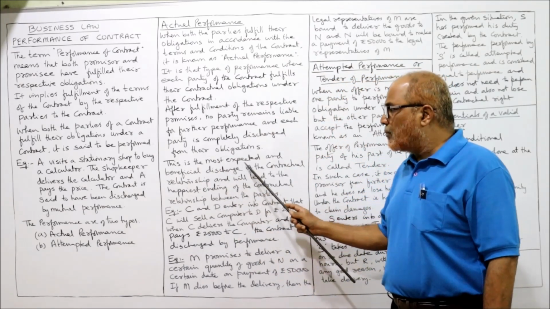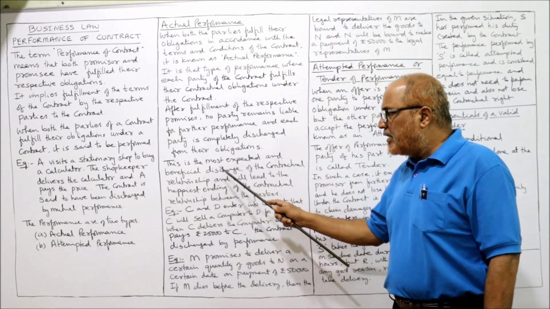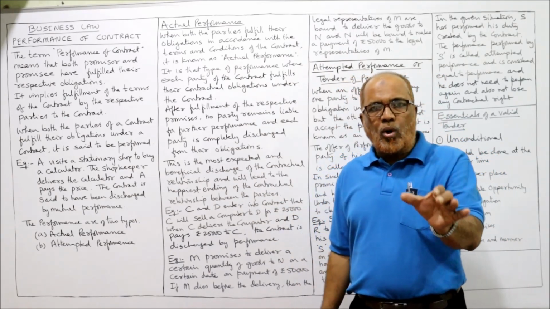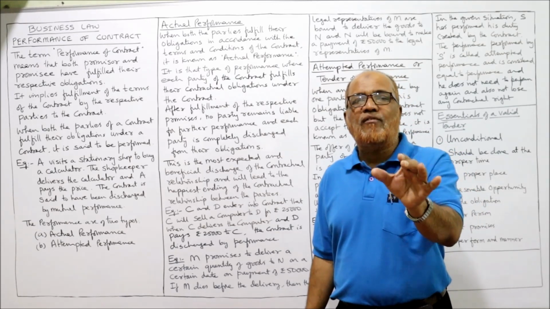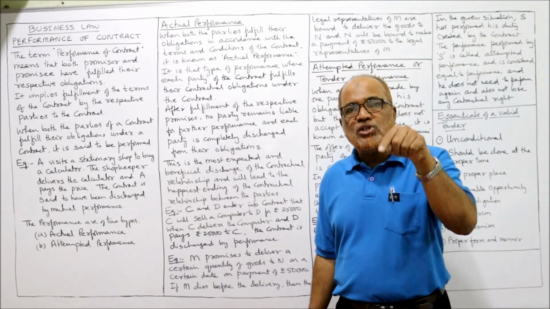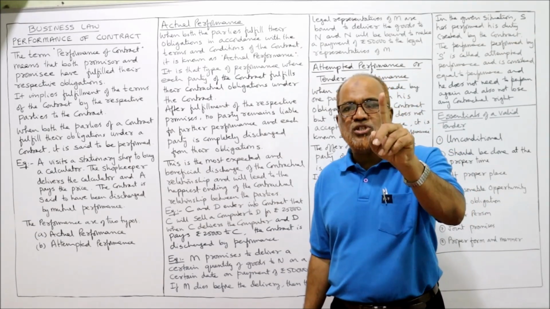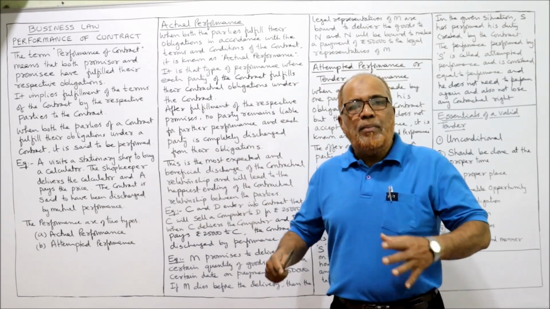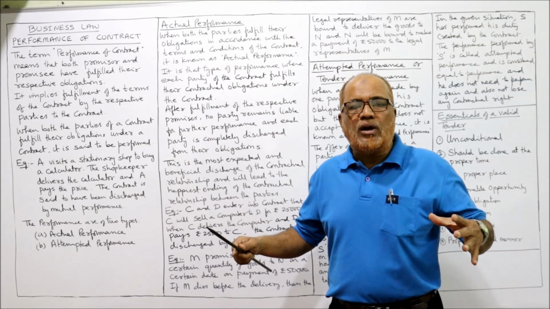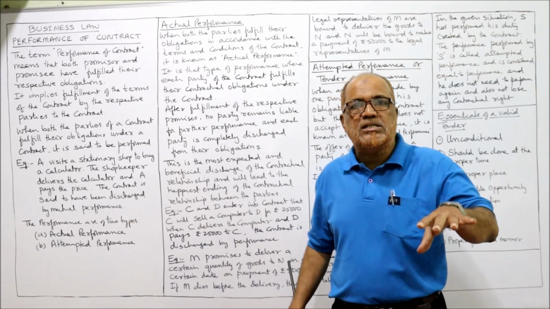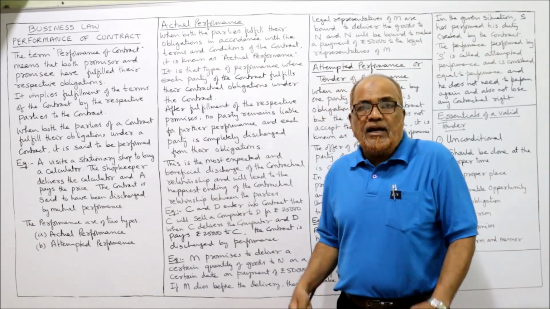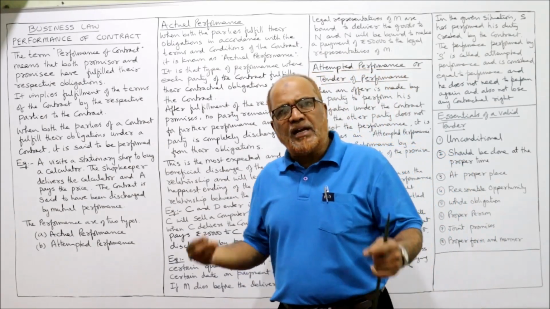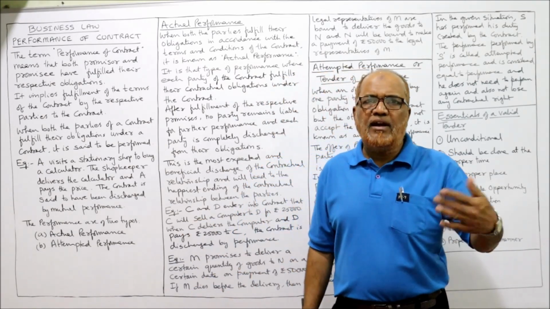Now, this is the most expected and beneficial discharge of contractual relationship. There are different modes of discharging of contract, but the most important, the very first mode of discharging the contract is by performance. The majority of contracts are discharged by performance only. It is beneficial for both the parties. See here, we enter into a number of contracts daily. Daily we enter so many.